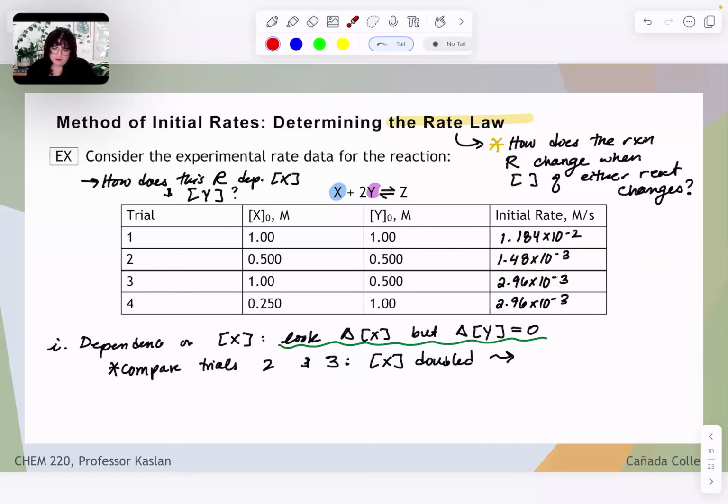So 1.48 times 10 to the negative 3 over 2.96 times 10 to the negative 3, yep, when I do that, I get exactly a 2-to-1 ratio. So when my amount of X is doubled, the rate is also doubled. So if my concentration changed, affecting the exact same kind of change in the rate, then that means there's a direct proportionality between